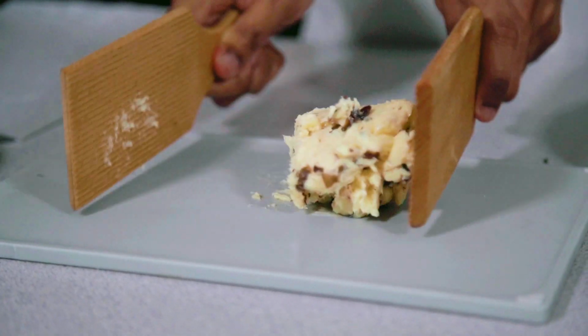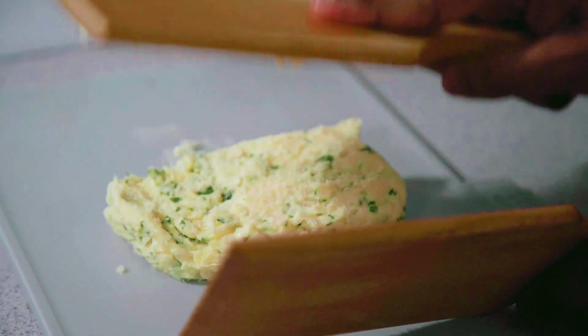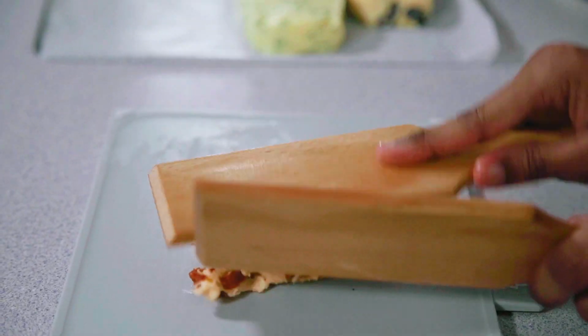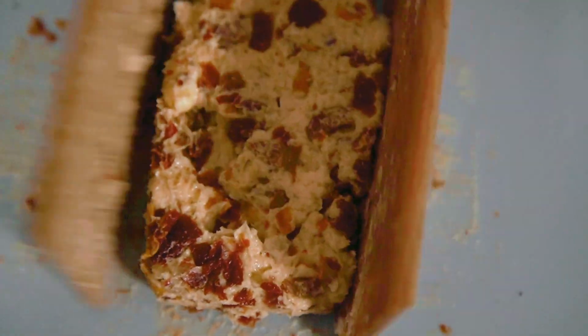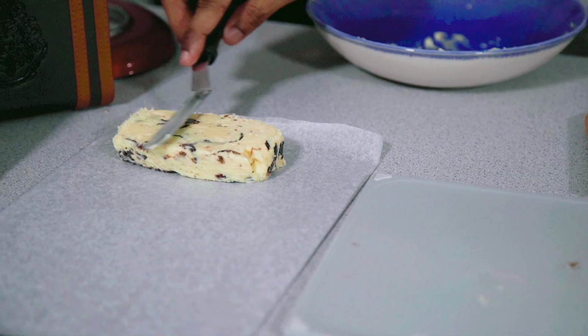Place your butter mixture onto your board and then use the butter paddles to square it up. Start off on each side and then the top, working it until you get a nice even shape. We're going to shape these afterwards, so I've made them a slightly different rectangle shape than you might usually get